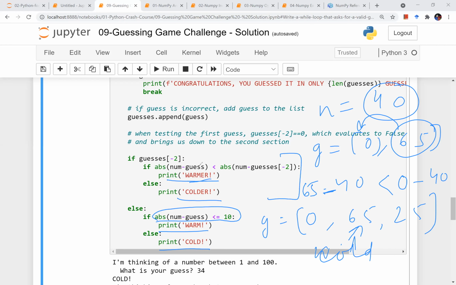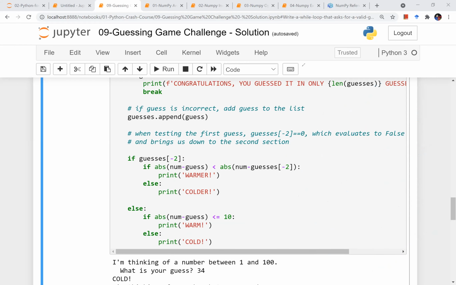If the next guess is closer to 40 than 65, the previous guess, I will say warmer. With every guess, if the user is going towards my number, then it is warmer, warmer, warmer. If at any step it is going farther away from the number, it is colder, right? So just this logic we have to apply here.